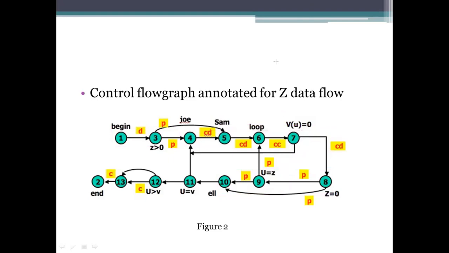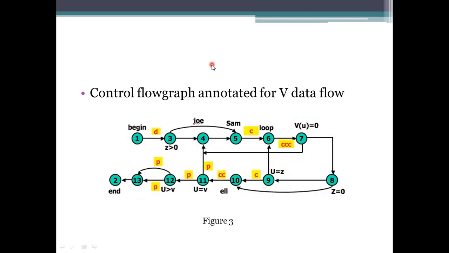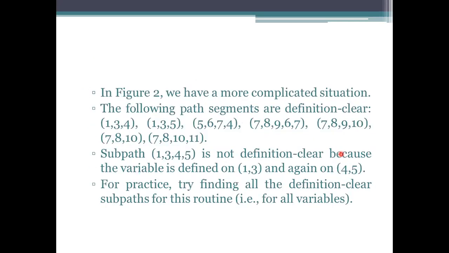So what is it presenting? It is saying that any path you are representing should have only one definition specified there, so the path won't consist of redefining. If you see the V variable, any path we take from 1, 2, 3 and then 3 to 4, 4 to 5, 5 to 6 will be considered a definition clear path. Why? Because V has been defined once only and is not redefined. So this is about the first one, the definition clear path segment.